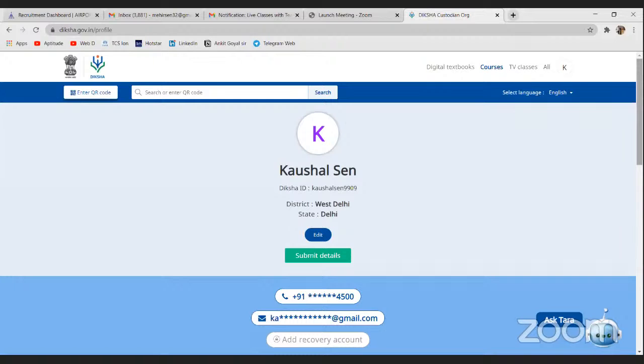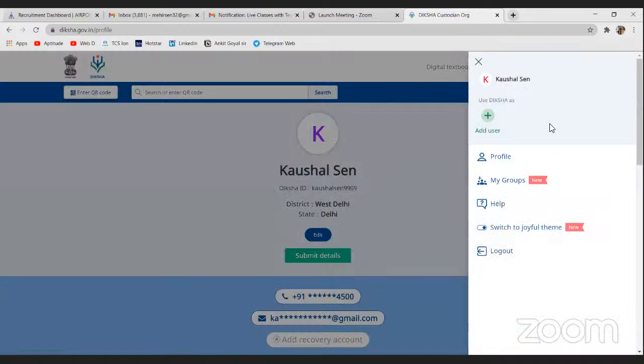Groups part is a great way जहाँ पे हेड्स ऑफ स्कूल या कोऑर्डिनेटर्स या सब्जेक्ट कोऑर्डिनेटर्स अपने टीचर्स के ग्रुप्स क्रिएट कर सकते हैं एंड उनको कोर्सेस या एक्टिविटीज असाइन कर सकते हैं। तो हम ग्रुप्स कैसे क्रिएट कर सकते हैं दीक्षा पे? अगेन मैं अपने इनिशियल पे जाऊंगा, I click on the initial और यहाँ पे एक ऑप्शन है माई ग्रुप्स। ठीक प्रोफाइल के नीचे जो ऑप्शन है वहां पे आ जाता है माई ग्रुप्स।